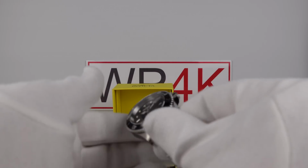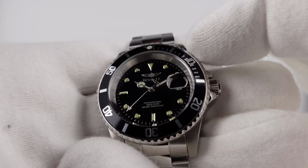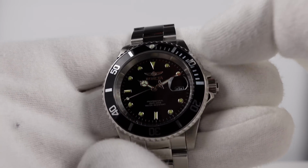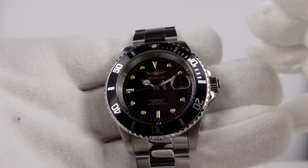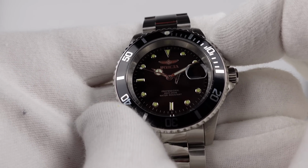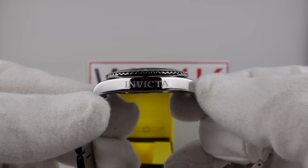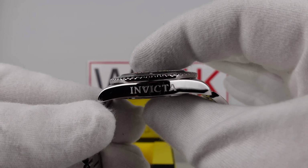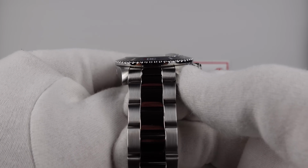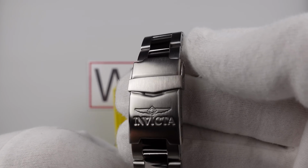So with regards to the specifications of the piece, the Pro Diver 26970 Quartz is clearly an homage to the Rolex Submariner date 16610. Very similar proportions and dimensions. We have a 40mm case diameter, we have a lug-to-lug measurement of 48mm, a thickness of 11.4mm, and a lug width of 20mm. The oyster style bracelet tapers from 20mm at the lugs down to 18mm at the flip lock clasp,